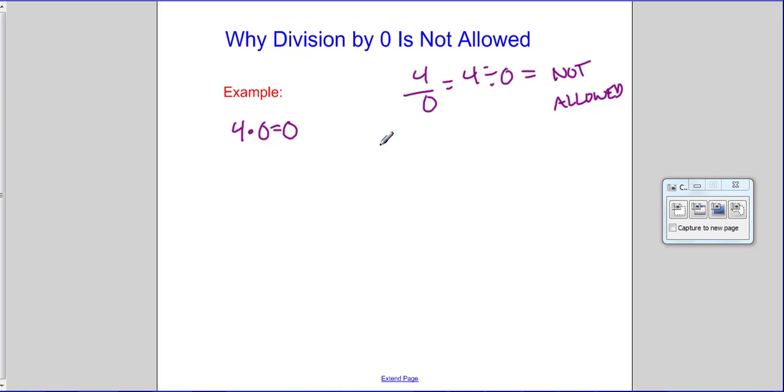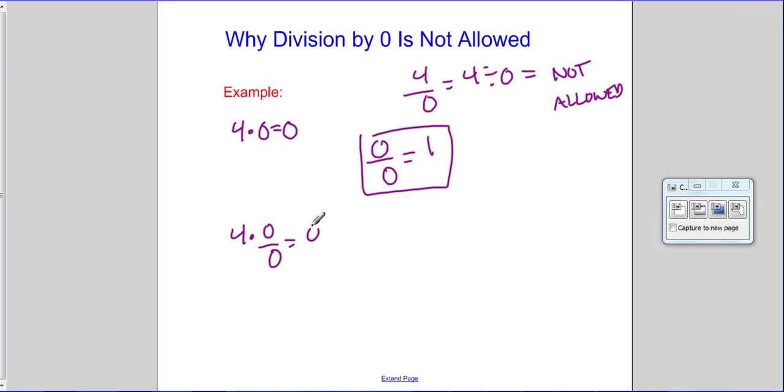If I allow division by 0, since anything divided by itself is 1, that would mean 0 divided by 0 has to be 1 also. We would have to allow 0 divided by 0 to be 1. Well, if we allow division by 0, we could divide both sides by 0,